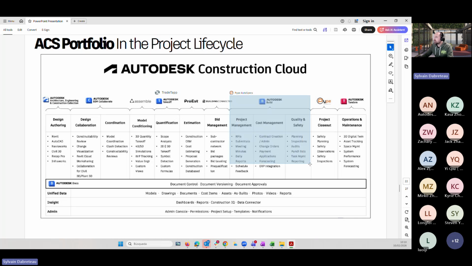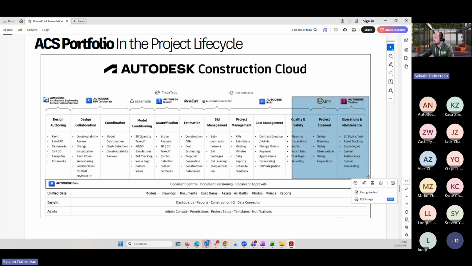Then we have the construction phase, Autodesk Build, where we have our issues, RFIs, submittals, forms. We have schedule integration, assets management, etc. We have Build and the cost management that is included in Build for the project budget control: budget, forecast, changes. And then the last bit would be operations. One part can be controlled by Build, but we have Autodesk Tandem. So here we have our 4 phases for the project management.